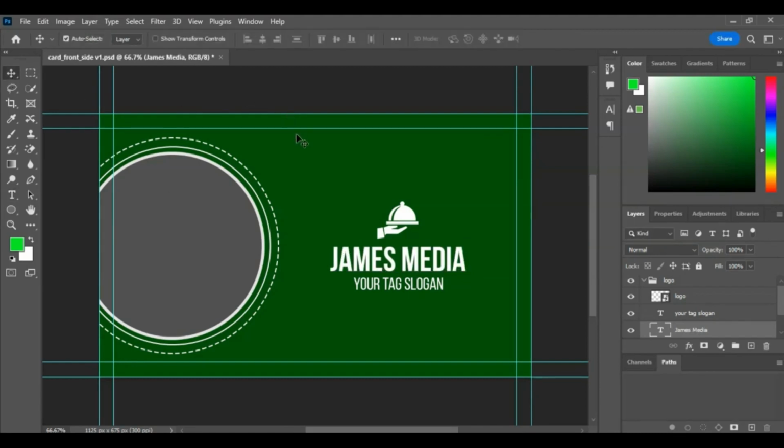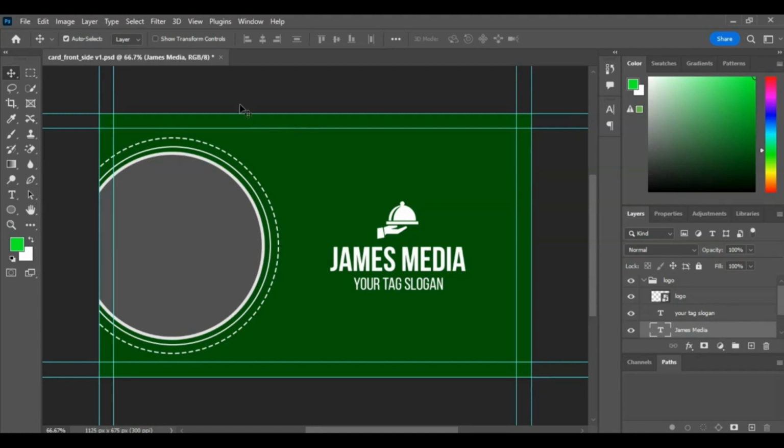Now you see that the card is almost ready. So our mission is how to export business card. So there are many methods. Someone uses save as, but export is the best method